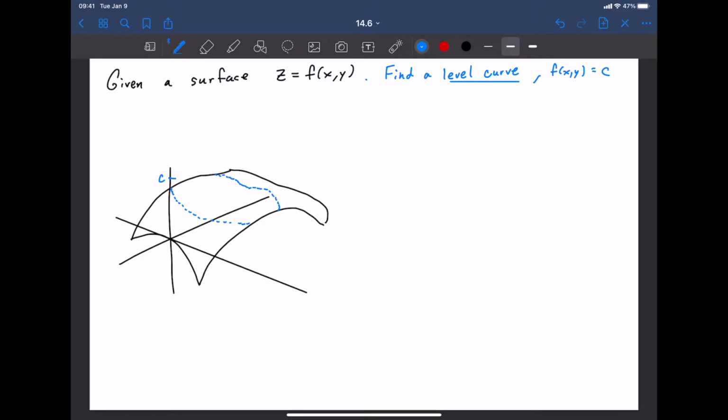To get a 2D curve, because it has two variables now, we can project it into the XY plane and see that we have basically some sort of potato blob type shape. This level curve